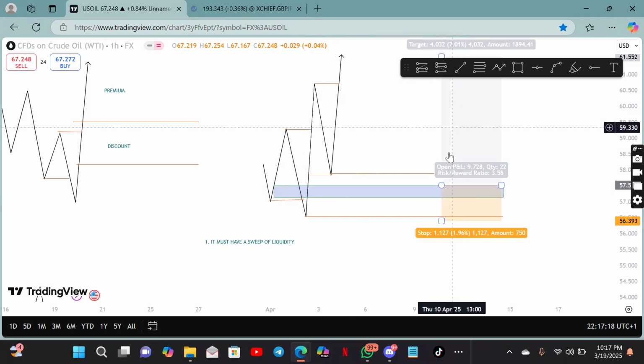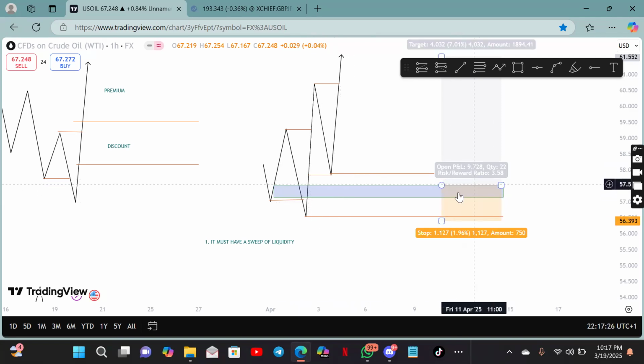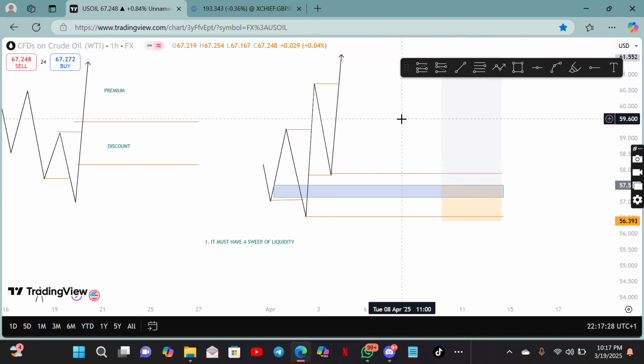And if the trade comes to that zone, it will just give you a change of character and you'll be waiting for the trade in another block. But it will never come there. It will just do a change of character there and start going up. Do you understand? Yes, sir. Now I understand it, sir.